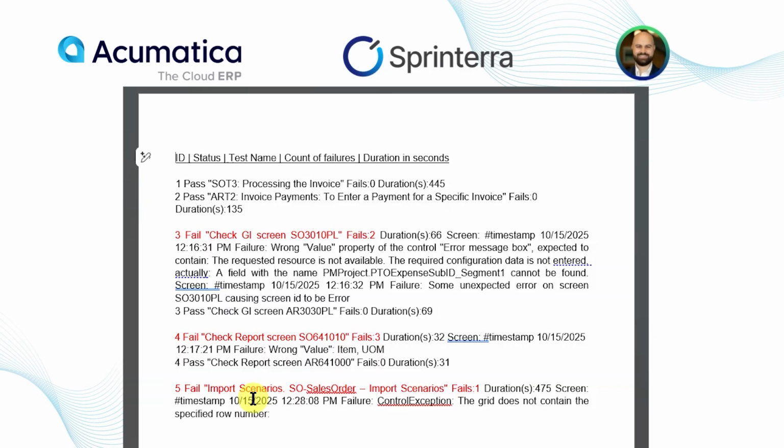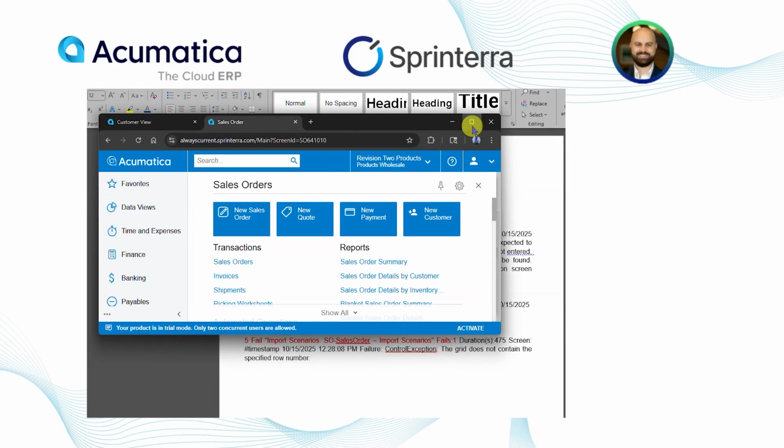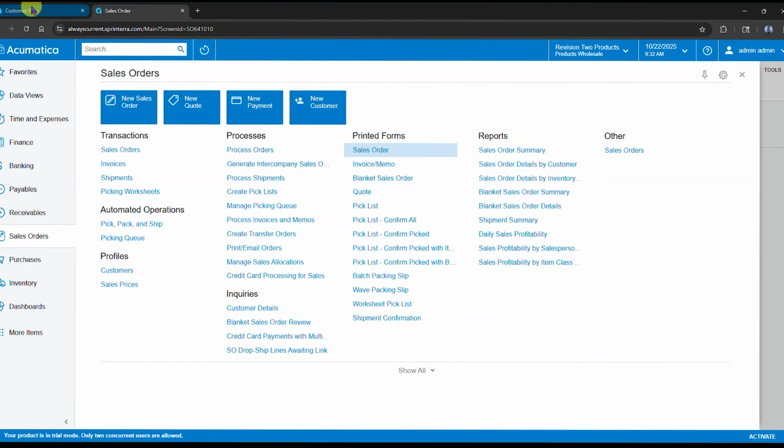So for today's video, we'll go through the first two errors and I'll show you what that looks like actually in the system as compared to this error message. So this first error message we're seeing, it's referencing a field that cannot be found in the system. And this second one, it's referencing a unit of measure issue. So we're going to take a look at those. In the import scenario, there's also another error, but for purposes of today's call, we'll just go through the first two. So I'm going to bring over my Acumatica screen, and we're going to first look at,